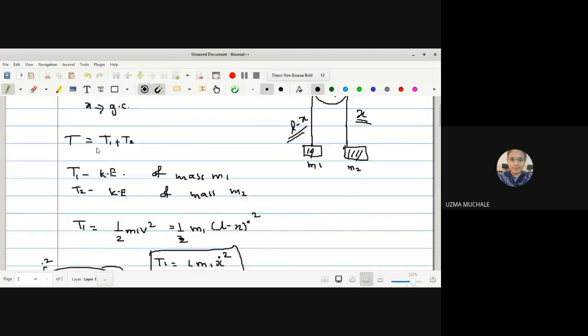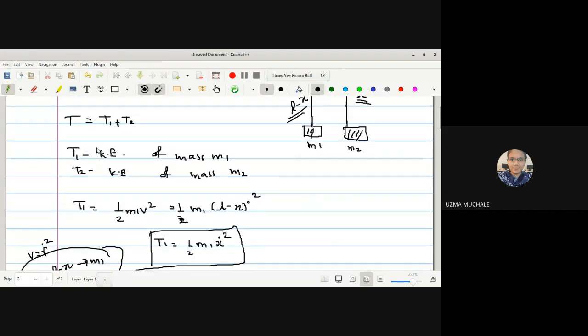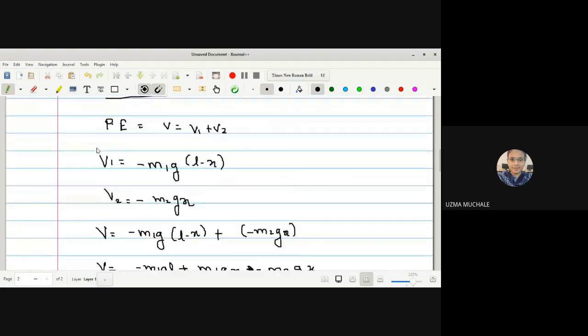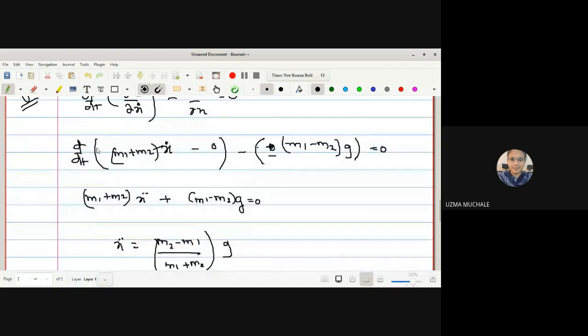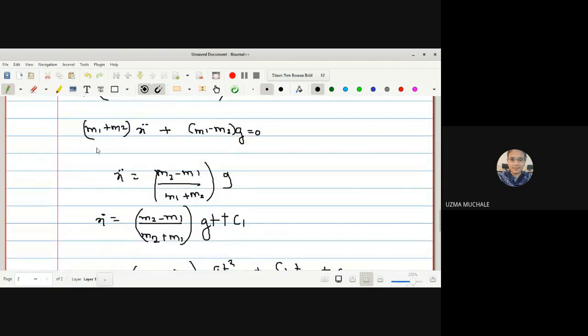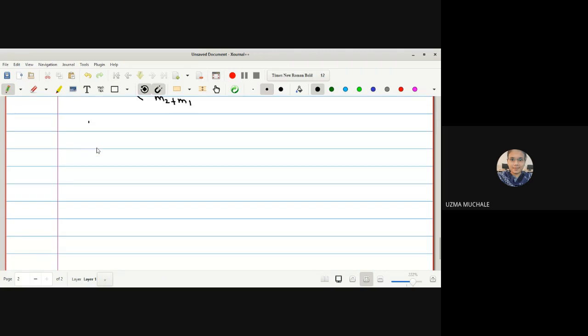I think now the idea is clear how to solve the example. First you should know the generalized coordinate, then kinetic energy, then potential energy, then go for the Lagrangian L. Then, as you know the generalized coordinates, and how many equations there are, you have to solve and you will get the result. Now let us go for one more example, because as we solve more examples, the idea will be clearer.